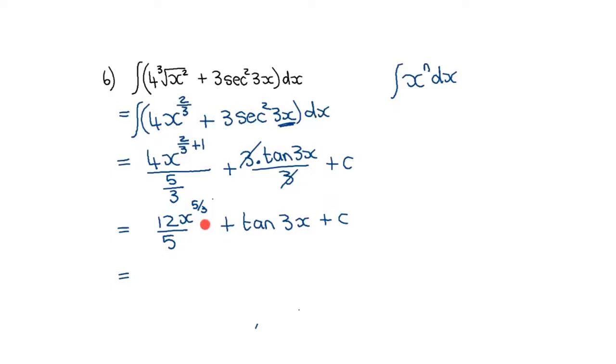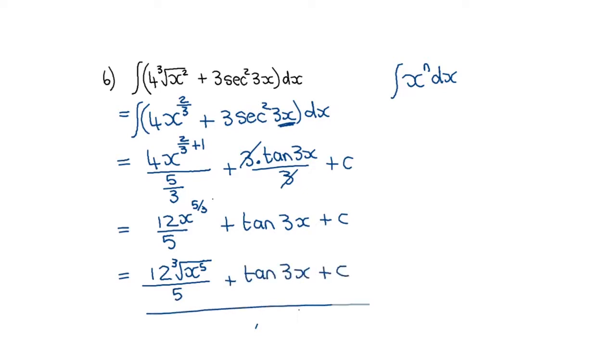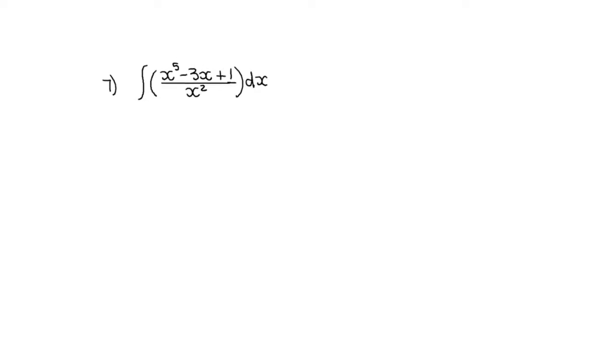And the moment I see a fraction as the exponent of the x, it's then that I know I can actually write it in surd form. So I can rewrite this in surd form. It will be x to the power, the 5 will go inside and the 3 outside, so it's the cube root of x to the power 5, plus tan 3x, plus the constant. If we move to a next example, this example number 7, I have to integrate, but remember,